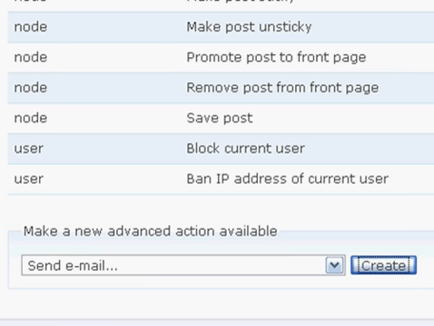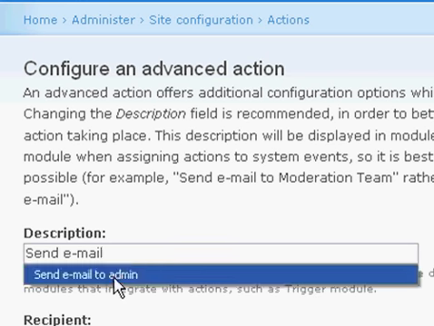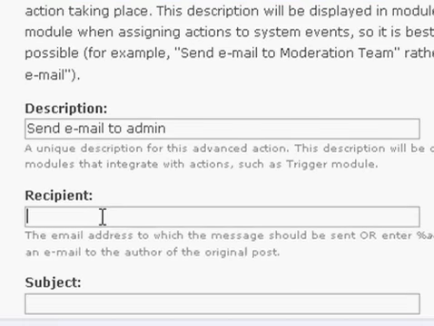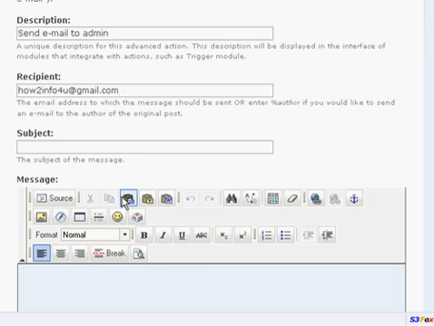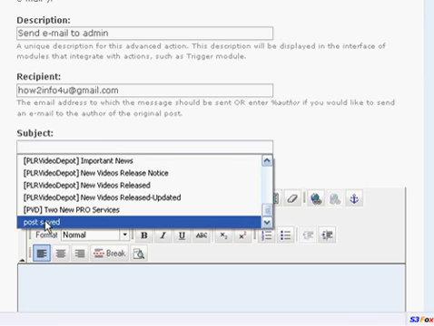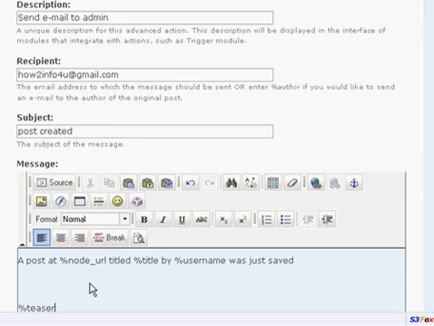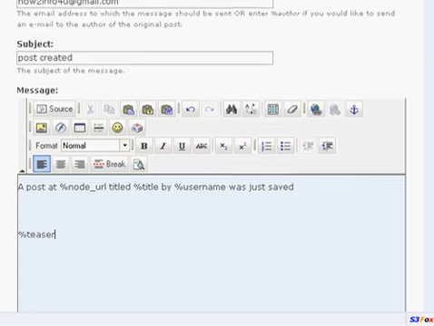Create. And we're going to be a little more specific, like it says up here at the top. Send an email to admin, and recipient, going to go to my Gmail account, and subject, let's go with post created. And down here, let me see if I have this in my clipboard or not. Yes, I do. Basically, a post at, let me show you these